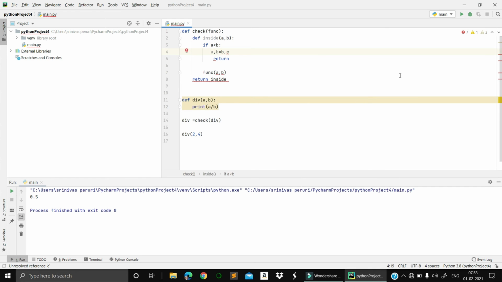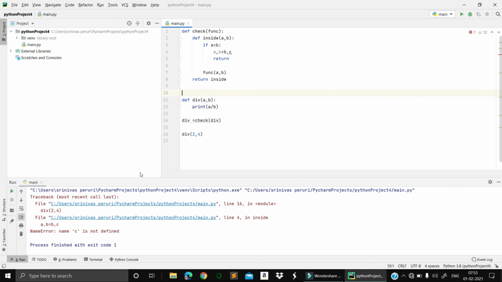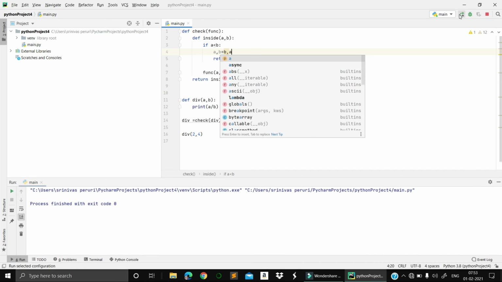Will it work? May not work. Let's see. Let's run this one and see whether we get the right thing or not. No, name c is not defined, so sorry, b comma a, right? Okay, let's run this one.